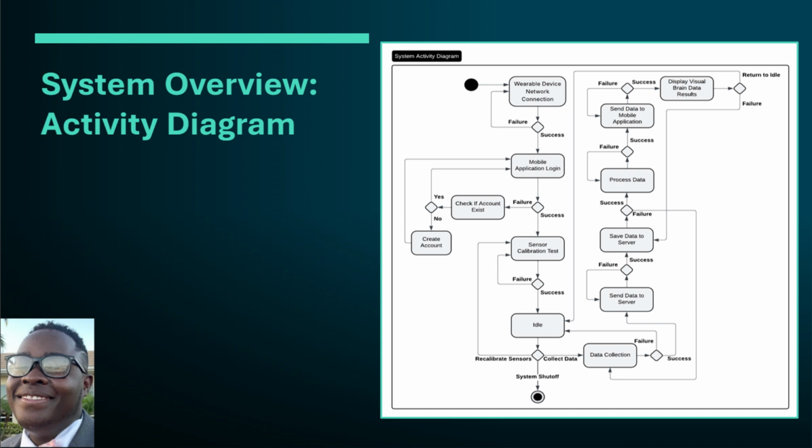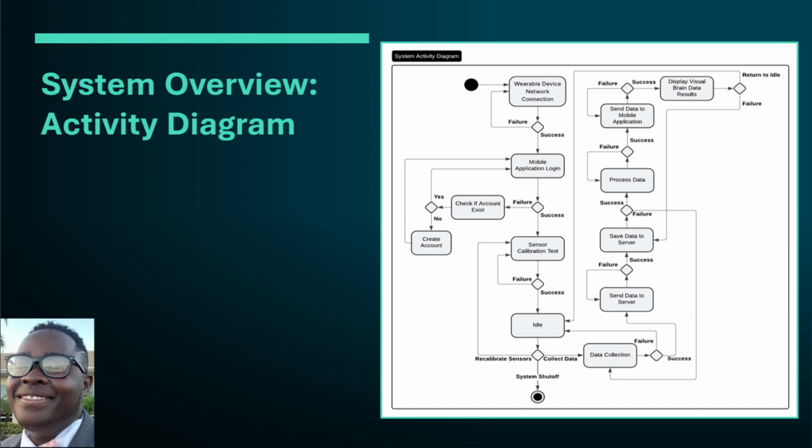Hello, my name is Ivan Zeliasser, and I'll be going over the activity diagram. The overall objective of our activity diagram is to show and display a robust system amongst all the devices within our network. So the first device that we have is the medical IoT device, which is the EEG sensor. It should be able to connect with a mobile application,